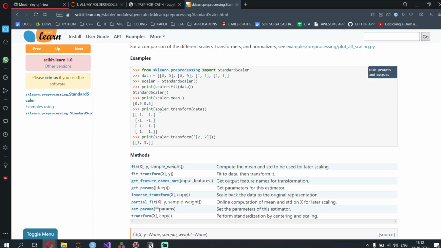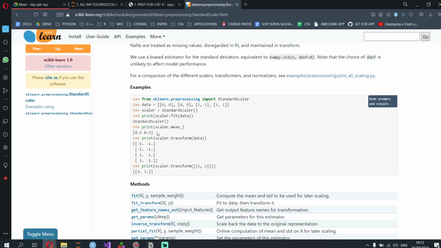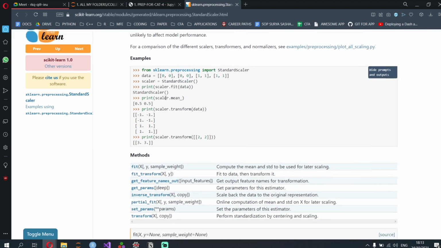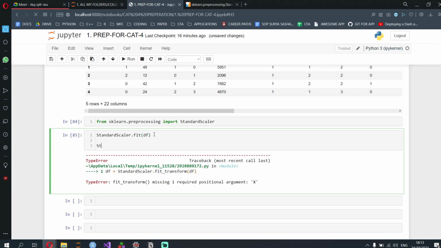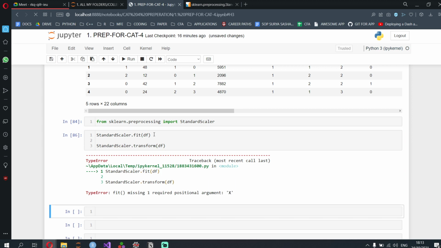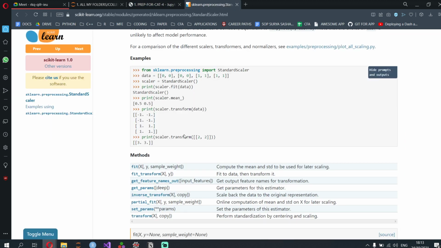Dude, remove. I think you have to put df.fit_transform. One second, bro. No, it says over here scaler.transform data. Over here it converted the entire data frame itself. You can do fit_transform in one go, or I think we should do fit and then transform. Okay, we'll try that once. StandardScaler.fit, StandardScaler.transform.